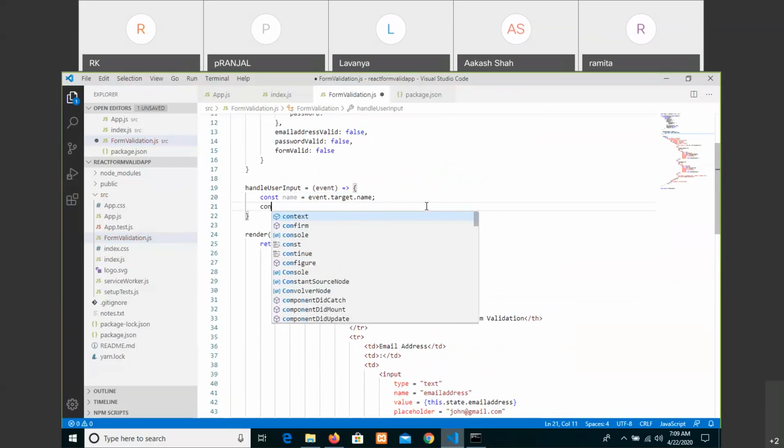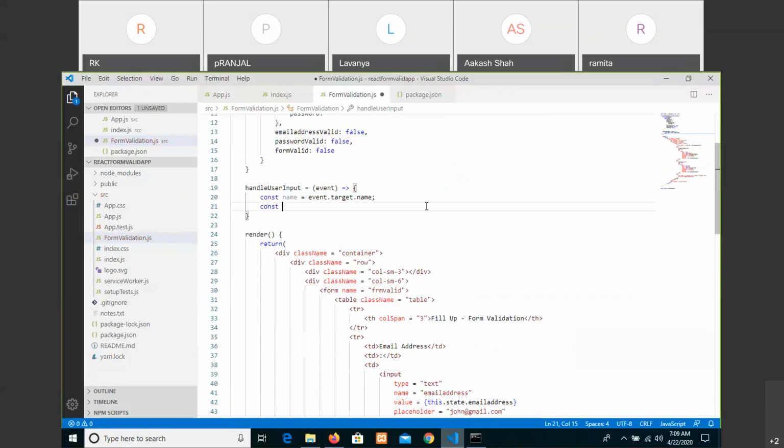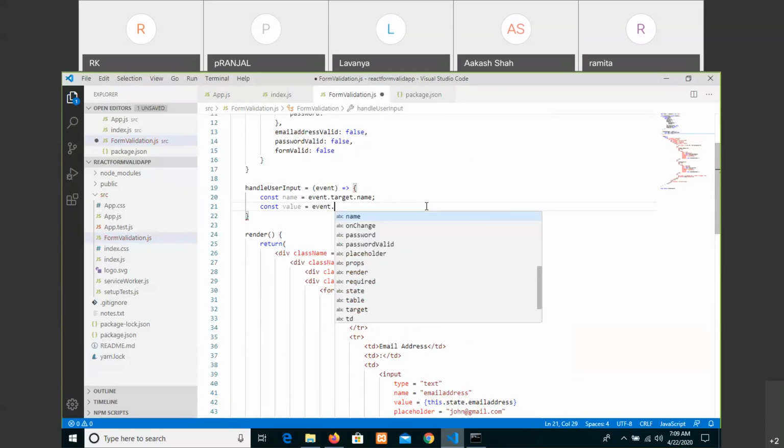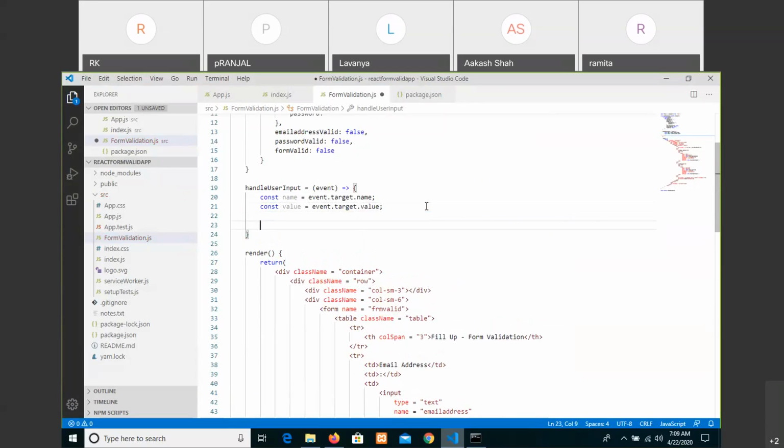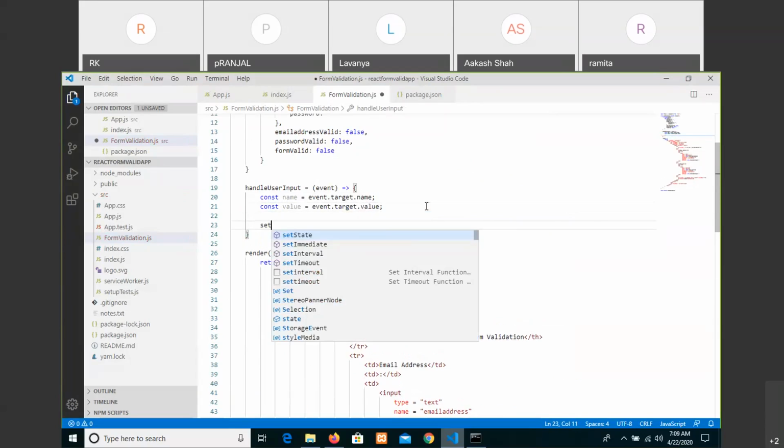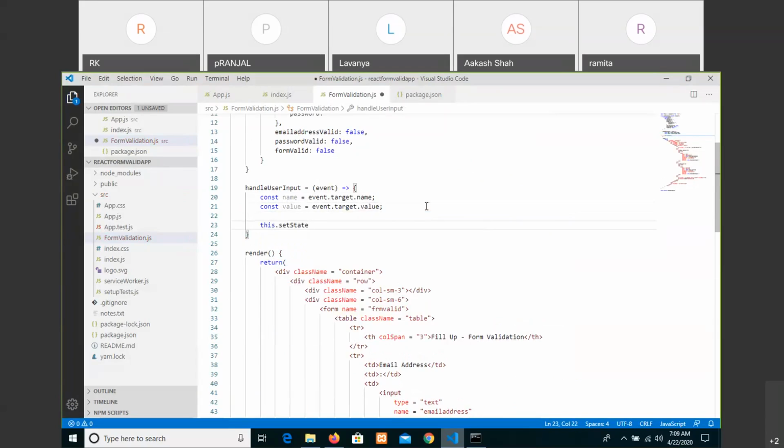So write a const value, and that equals to event dot target dot value. With this, now you are giving a call to set state,